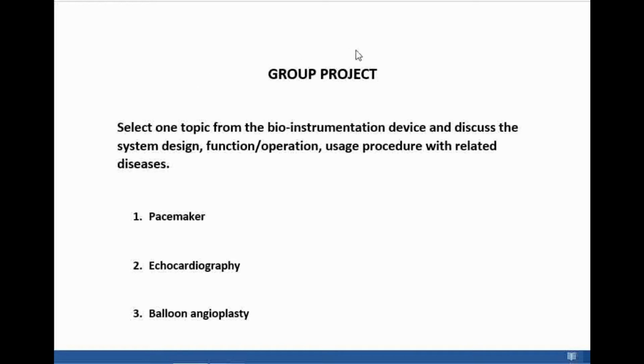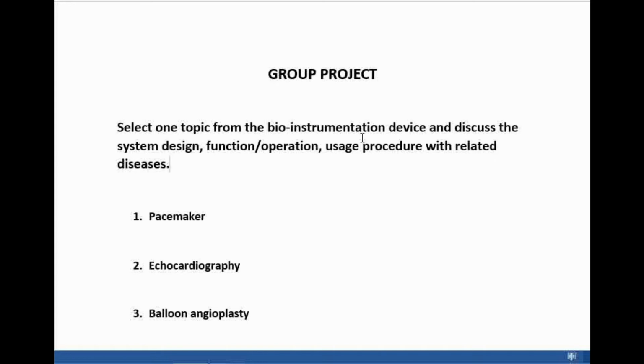We continue our class. So we are towards the end of the class session for medical instrumentation. I promise you this is the group project. The group project consists of a few selected topics. I have selected the topics and listed them